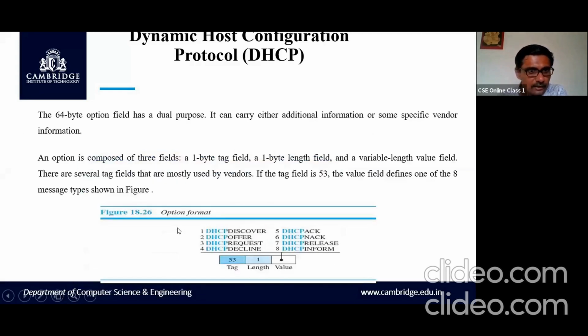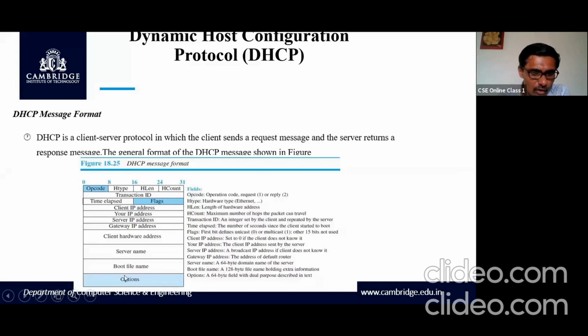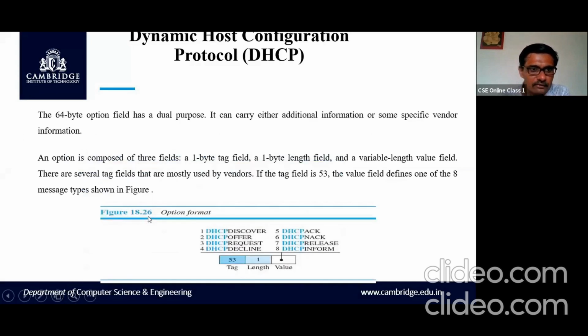An options field that has a dual purpose. It's a 64-byte option field. Yeah, it is not variable. I think I said it's variable earlier. It's not variable. It is a fixed length field with dual purpose. It carries either additional information or some specific vendor information. So it will be either carrying some additional information from server to client or client to server, or related to the vendor.